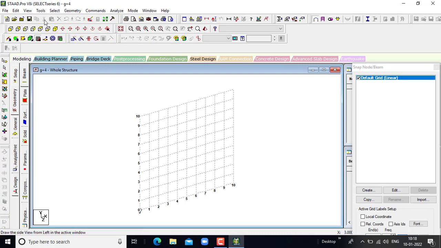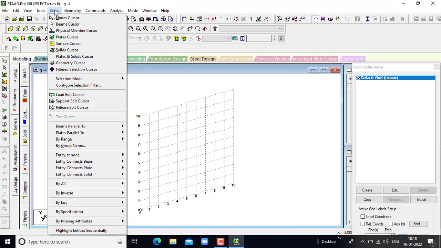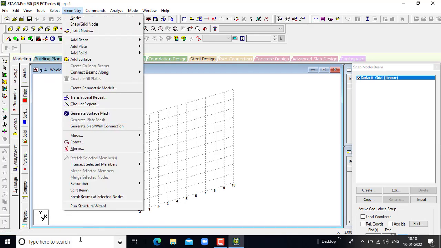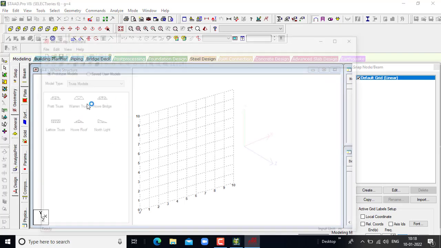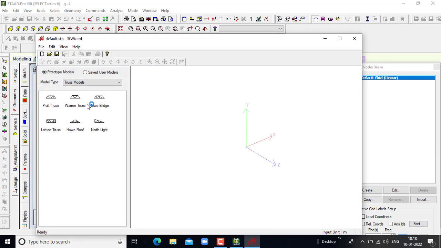Now we generally go for the geometry, run structure wizard, go to structure wizard. Wait till it's loaded. In structure wizard we have to go for the frame models. In frame models, this kind of frames will be seen: bay frame, grid frame, floor grid, continuous, etc. are the frames. So in bay frames,